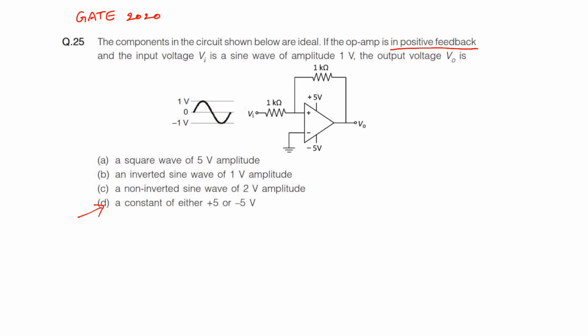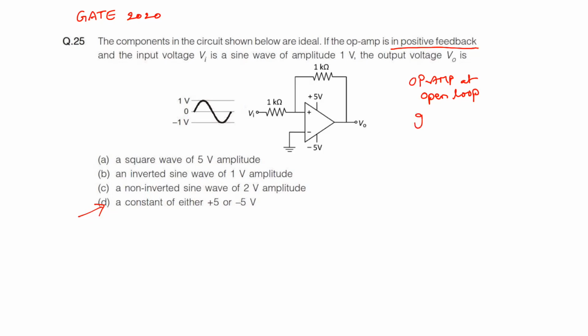Okay. So, how does this come? Generally, you can use either positive feedback or negative feedback. So, let the op amp be at open loop. Now it is not using any feedback. Then under open loop, the open loop gain is at most 10 power 6 for the 741 IC. And for this one you can use either positive feedback or negative feedback.